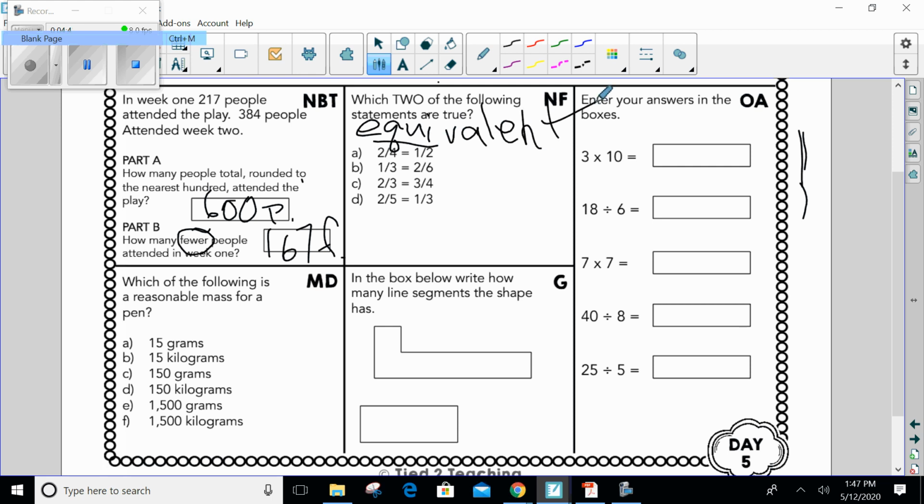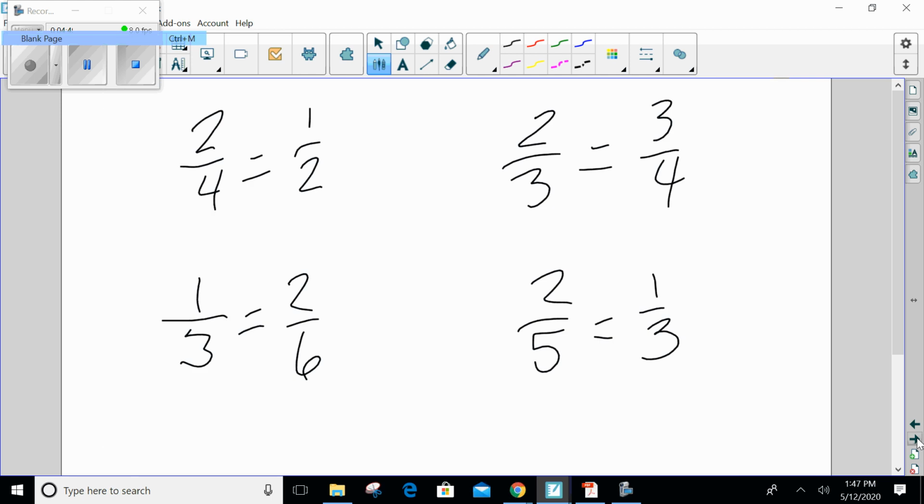That means they are the same. Just one of them is broken up into more pieces. So let's look at that. I'm going to go to this next page because I have them all out here. What did I tell you you could do to find equivalent fractions? Yes, you can do the